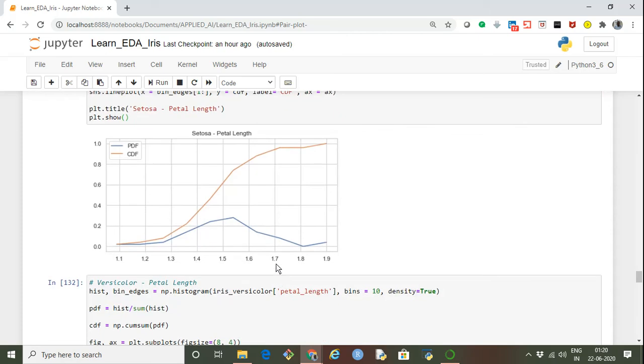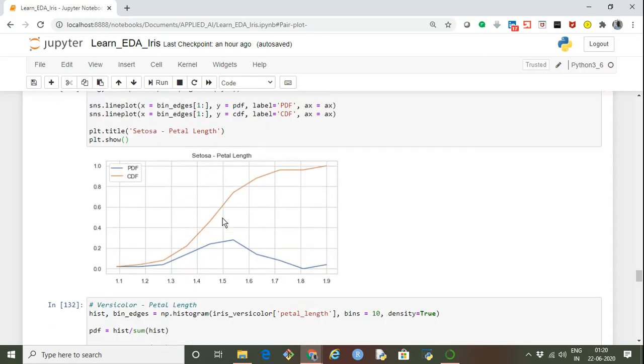If I take this point 1.6 and go up to here, where it cuts, it means around 82 to 83% of data points for setosa petal length are less than or equal to 1.6. So in this way, we can clearly say how many data points fall within that range, with the help of a CDF.